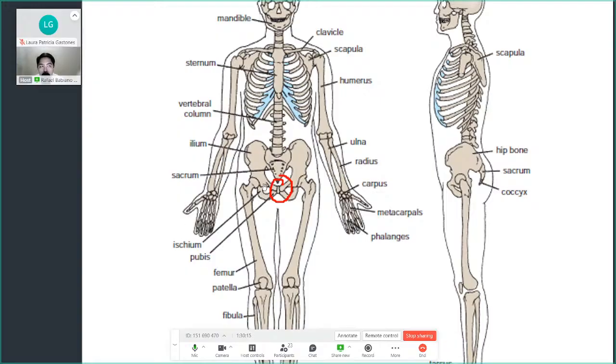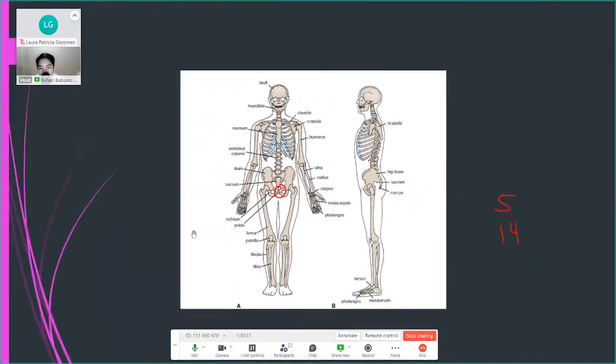Okay, so this only moves during delivery of a pregnant woman, a woman giving birth. So of course the baby will go out of the pelvic outlet. This hole right here is the pelvic outlet, where the baby comes out. So the symphysis pubis during delivery will relax and will allow slight movement for easier delivery of the baby. Okay, so that's an amphiarthrodial joint. Only moves when it is needed. Okay, but most of the time that will not move. Okay, and lastly we have the synarthrodial.